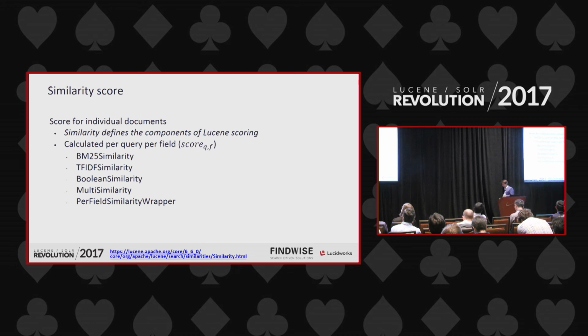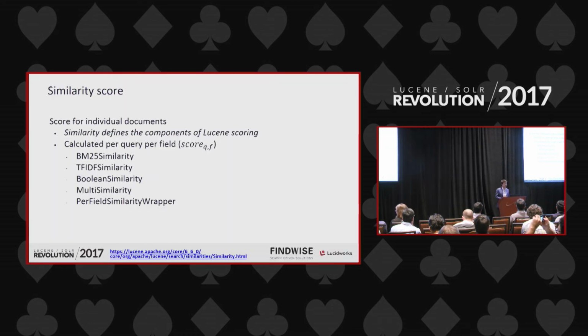So now when we are speaking about similarity and the score, we're speaking about how well a query matches in a specific field, within a field only. And there we have all the different implementations that are available. There are some that are a little more classical, like TF-IDF. We have the little more advanced ones, like BM25, that we're going to speak about today. And we have a little simple ones and some wrappers to be able to actually configure your own similarity.